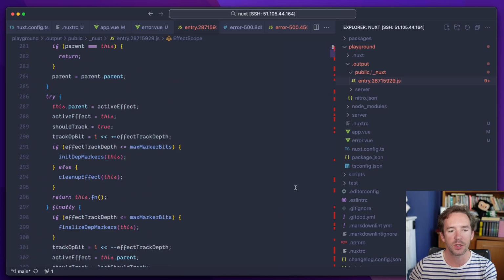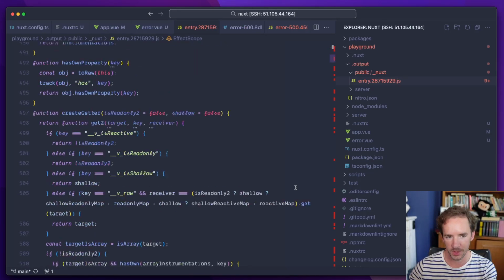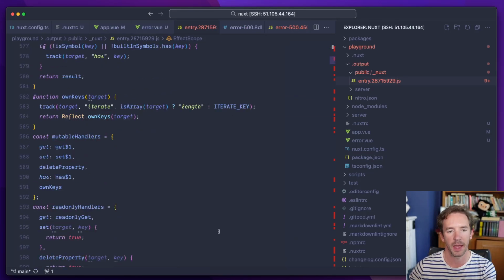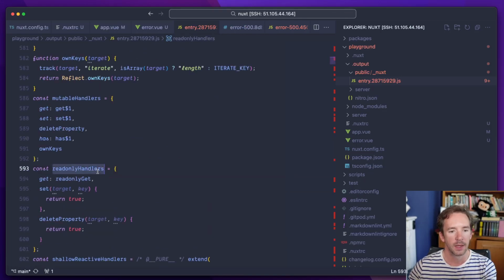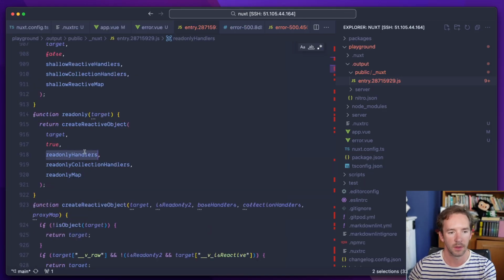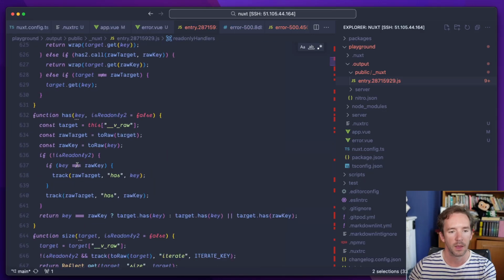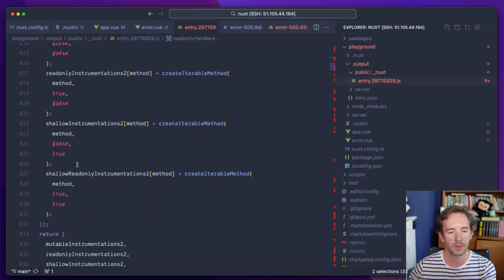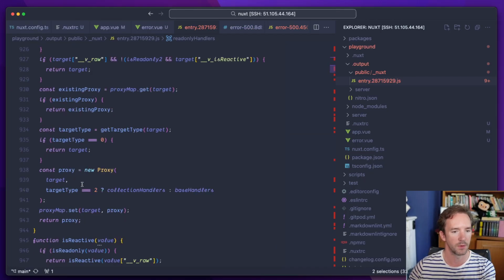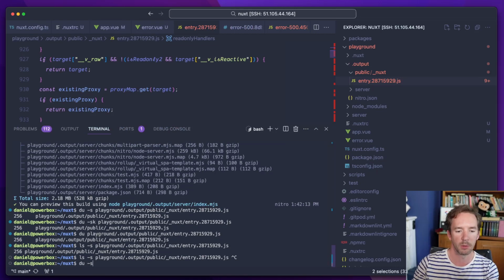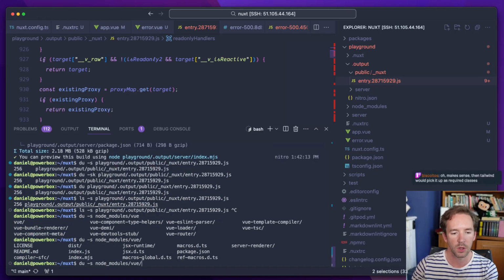Right. Okay. So there's lots of stuff. This is all Vue. So Vue is tracking stuff, and that makes sense. There's basically a size of Vue, which we're not going to be able to change here. So if we want to have a look at the size of Vue, we can do that here. So we're going to be pulling in almost certainly